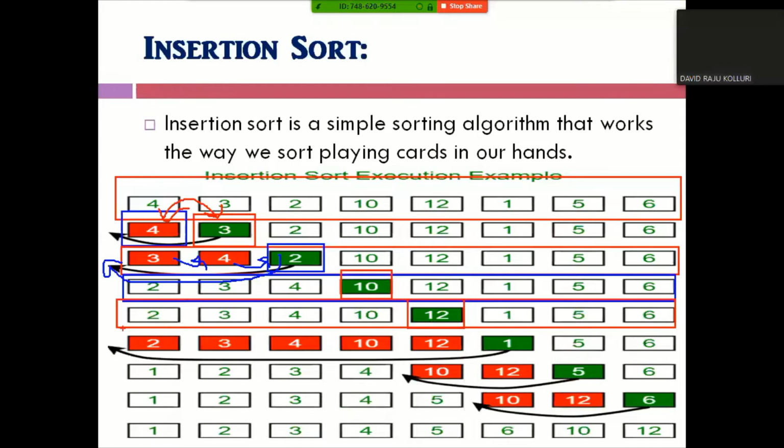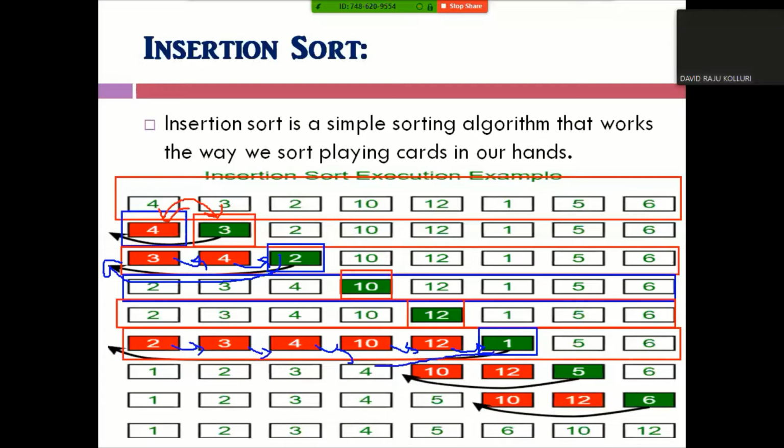Then from the next set of elements, we need to pick element 1 and compare it to identify its position. 1 is less than 2, so this will be moved before 2. Before moving, first you remove this 1 from here and move 12 to 1's position, 10 to 12's position, 4 to 10's position, 3 to 4th position, and element 2 to 3rd position.